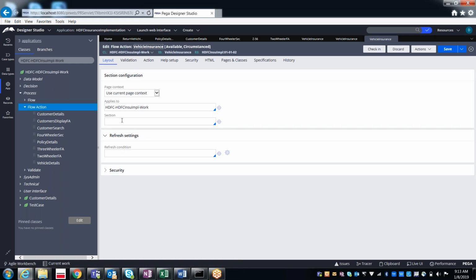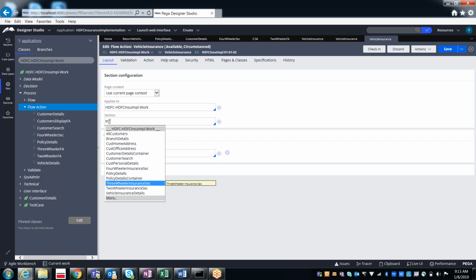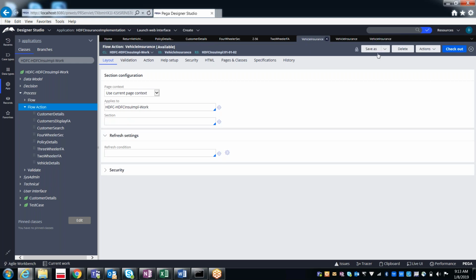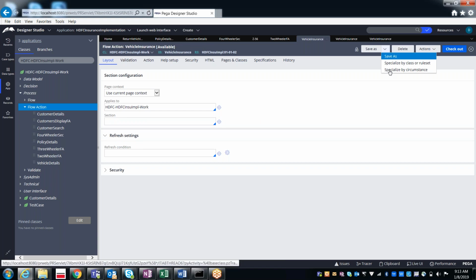So here refer the three-wheeler. Save it. Now again go to the base flow action. Again do the save as, specialize by circumstance.